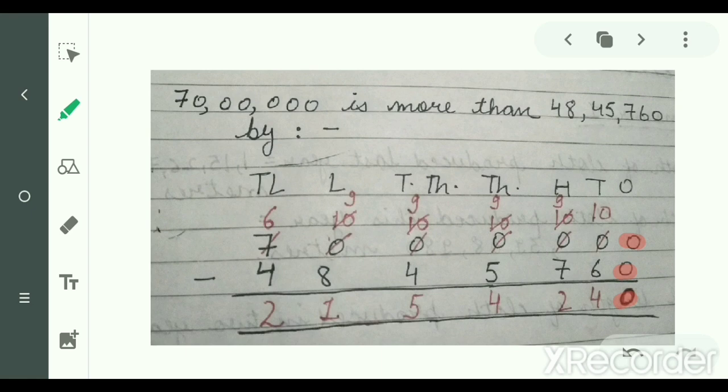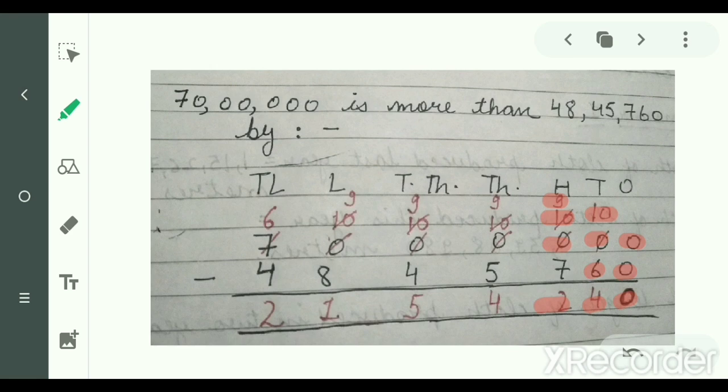At tens place we have 0 minus 6. This operation is not possible as 0 is a smaller number than 6. So this 0 will become 10 here, and 10 minus 6 here we have 4. So here at 100 place also 0, and it will become 10 here as it will borrow one digit from the 1000 place. So it will become 10 here as it has given one borrow to the digit at the tens place. So it has become 9 here. So 9 minus 7 here we will have 2.